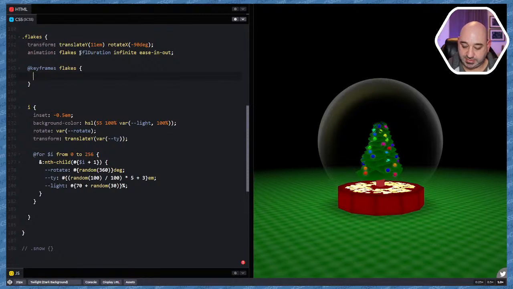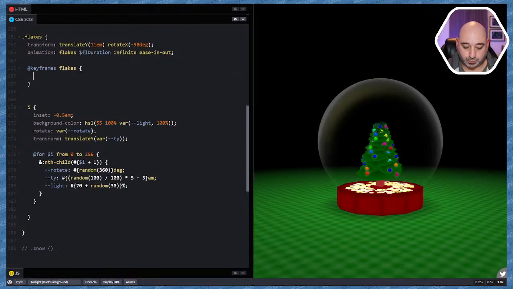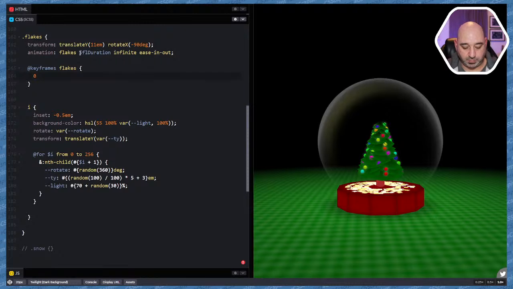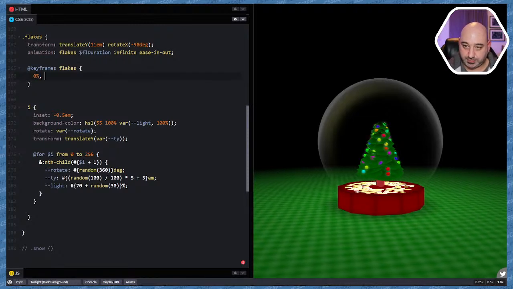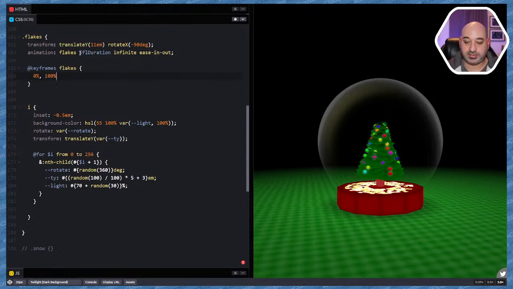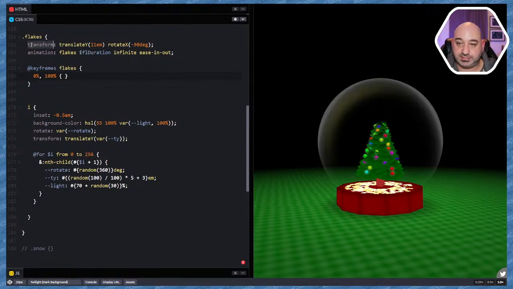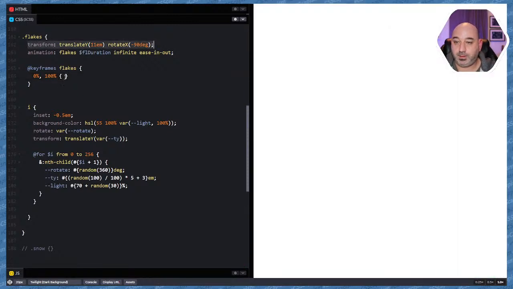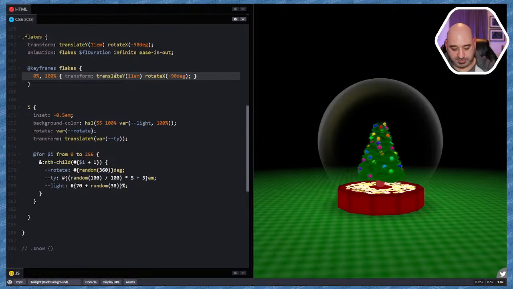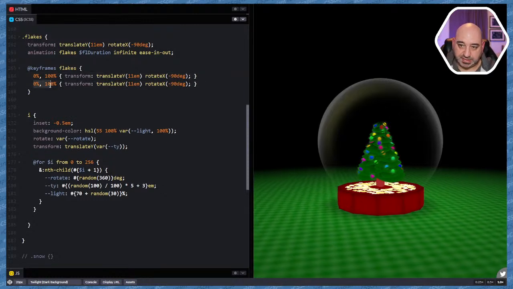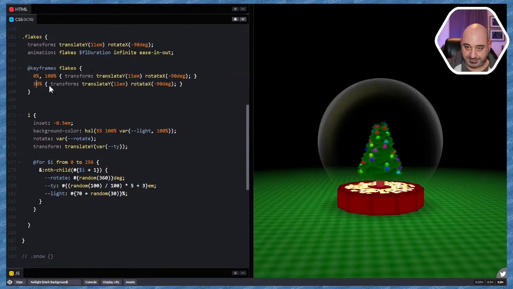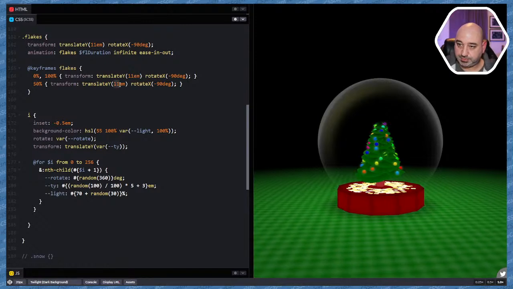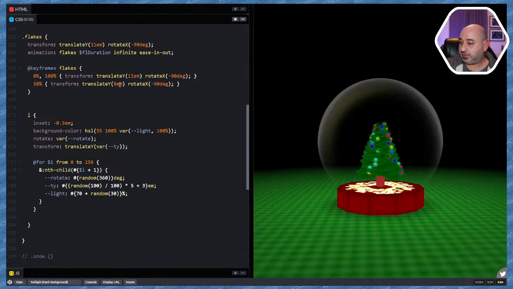So actually, let's say the 0%. We're gonna play around with it. So the 0% and the 100%, the starting point and the ending point. This is it. Okay. So maybe we don't use it, but okay. So somewhere in the middle, let's say 50%. I want this to be at 0. So now